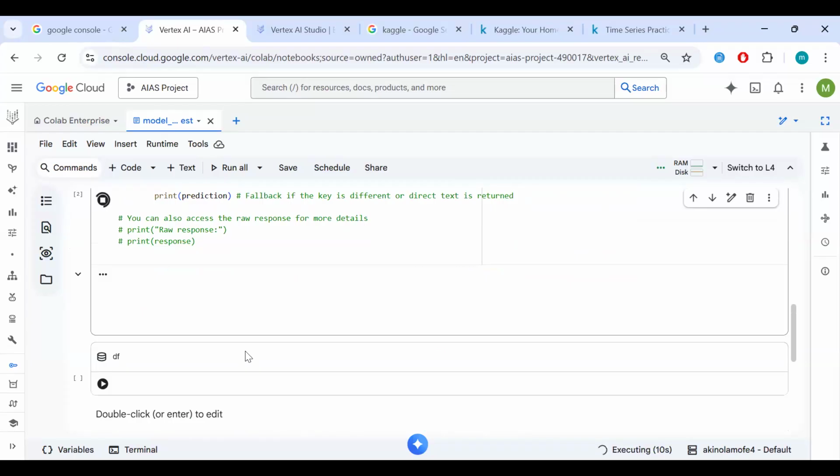So while this is happening, our script is talking to the model that we deployed on that endpoint, and we'll see how it responds.